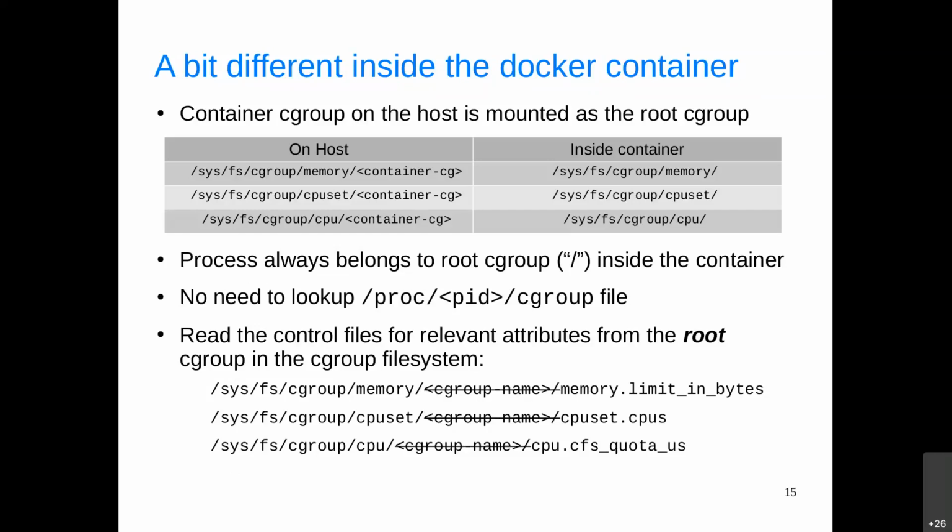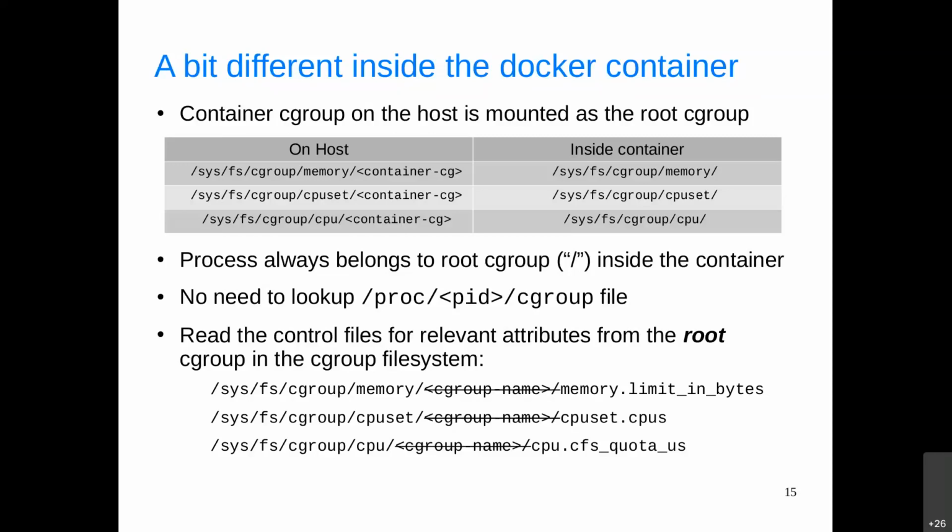So what that means is the view of the C group file system inside the container is different from the host. Essentially, when you are running inside the container and looking at the C group file system, you will see that all the processes inside the container belong to the root C group. And because of this difference, OpenJ9 can